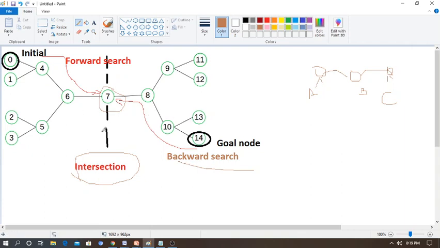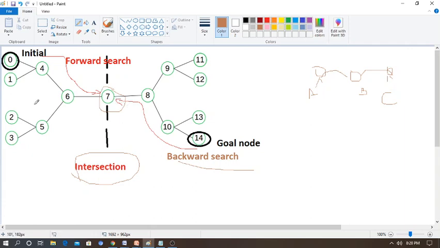But if we follow DFS, there is no guarantee of getting the solution. This algorithm comes under the category of uninformed search. So very simple and easy. Initial to intersection is the forward search, and simultaneously we search from the goal node to the intersection, which is the backward search.